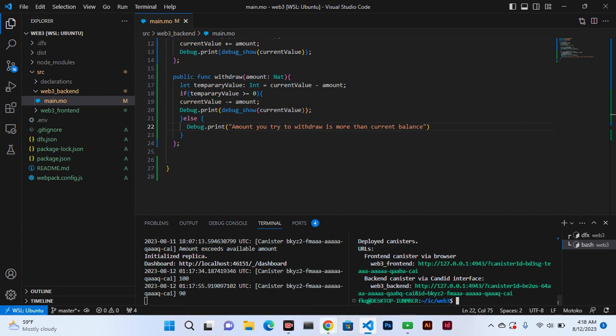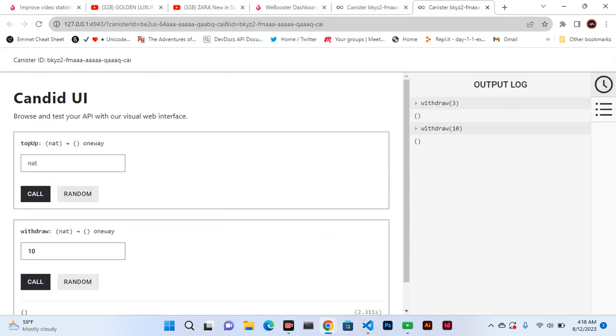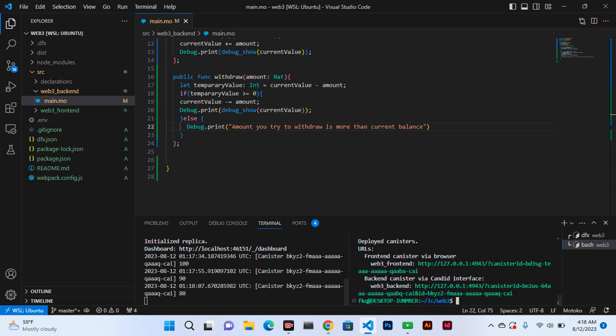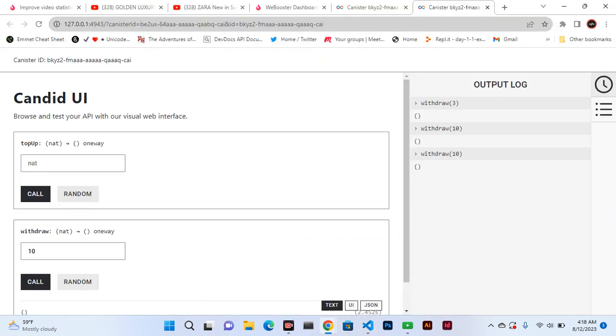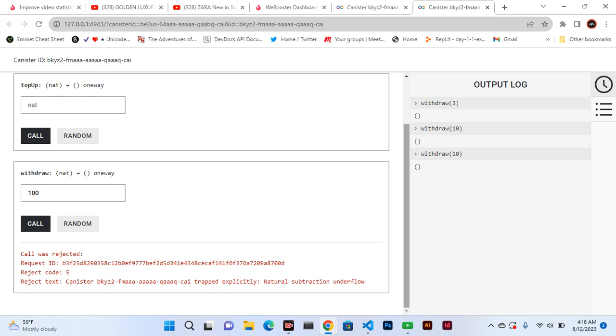Let's withdraw another 10. I just call because the 10 is already there. And let's see, 80, and the withdrawing is good. So this app is working well. Let's now withdraw 100 and see what will happen. And withdraw 100, see, it was rejected. Let's see what is the